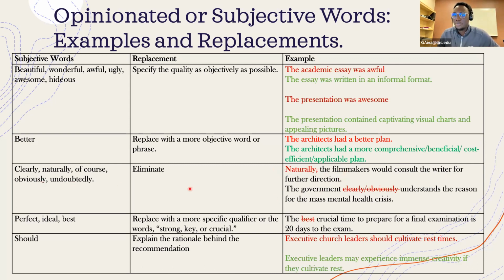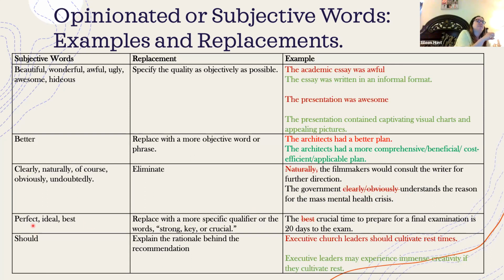And then another word we should always avoid is clearly and obviously. Like the government clearly or obviously understands the reason for the mass mental health crisis, right? So just try to avoid that word, just eliminate those words, right? Because there's a possibility that the government may not fully understand the reason for an issue, right? So